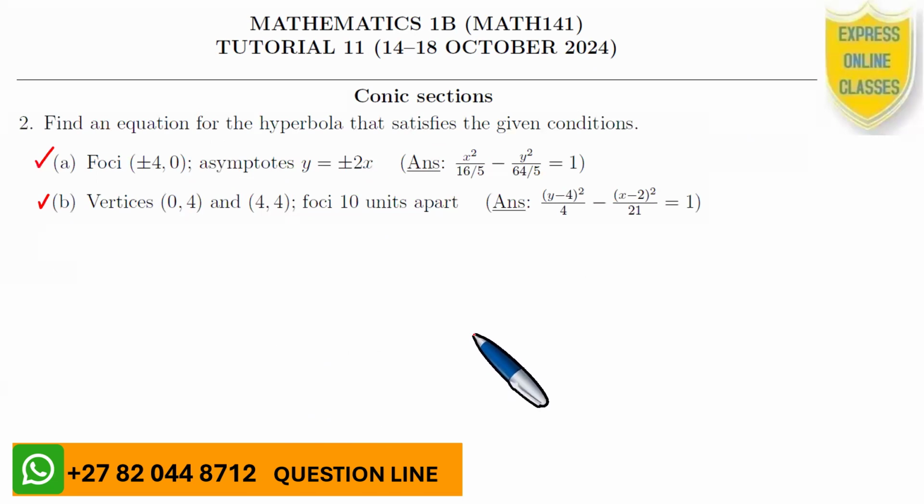But you note the fact that we did 2A and 2B, yet there was a small issue with the answer in 2B because